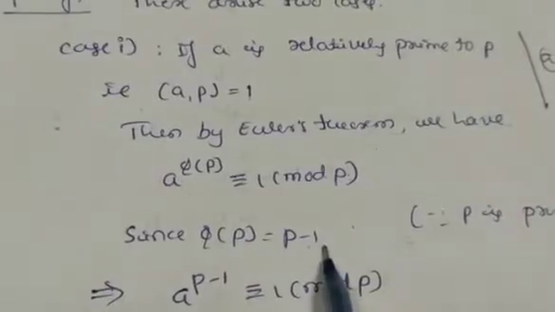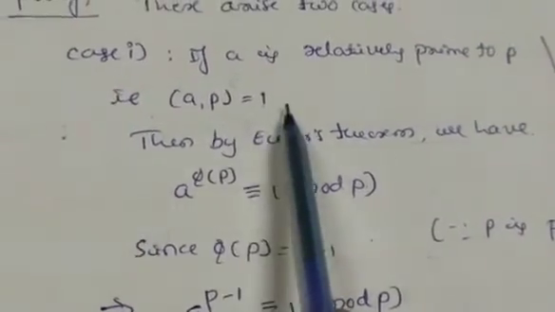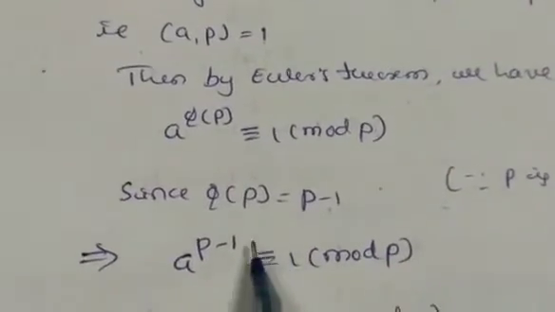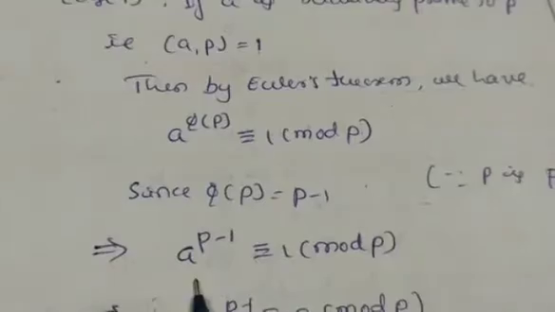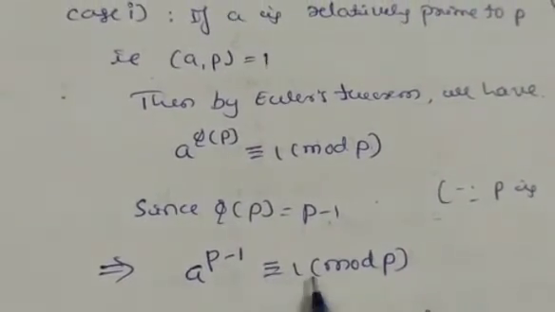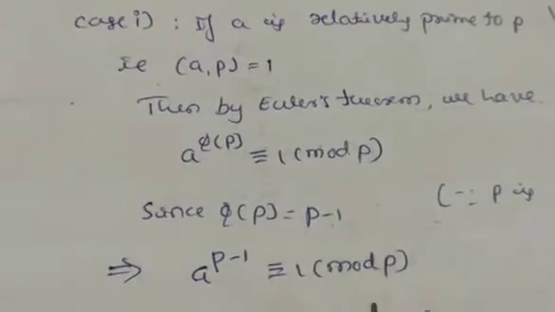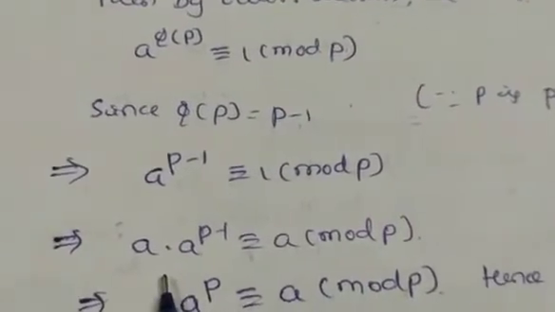Here a and p are relatively prime, so we can say phi of p is equal to p minus 1. So now a to the power of phi of p, that is p minus 1, is congruent to 1 mod p. Here you only have to substitute. So this implies, multiplying a on both sides,